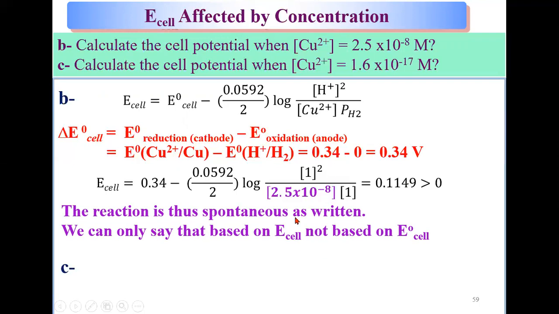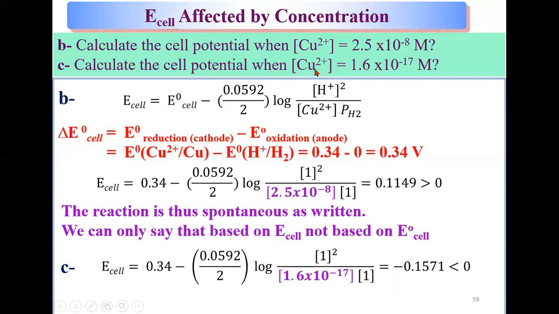Now, spontaneity is always determined by E of the cell and not by E naught of the cell, especially when we have non-standard conditions, and you have to watch out for that. If now the concentration of copper 2+, which is part C, is equal to 1.6 times 10 to the minus 17, then plug that number into the Nernst expression for the overall reaction, and you will see that E of the cell now is actually negative, less than 0. And when E of the cell is less than 0, then this reaction is considered non-spontaneous as written. That being said,